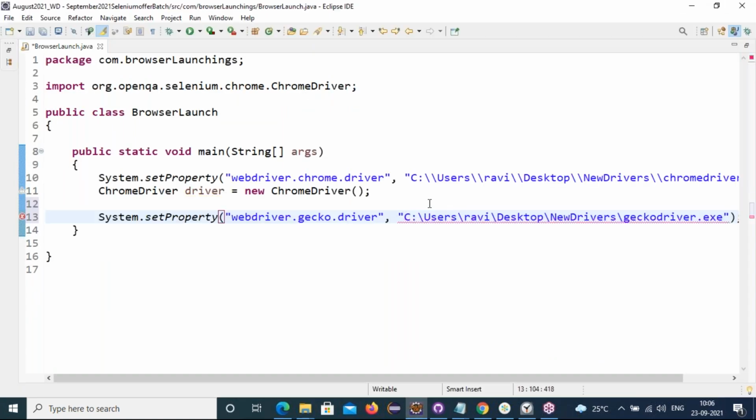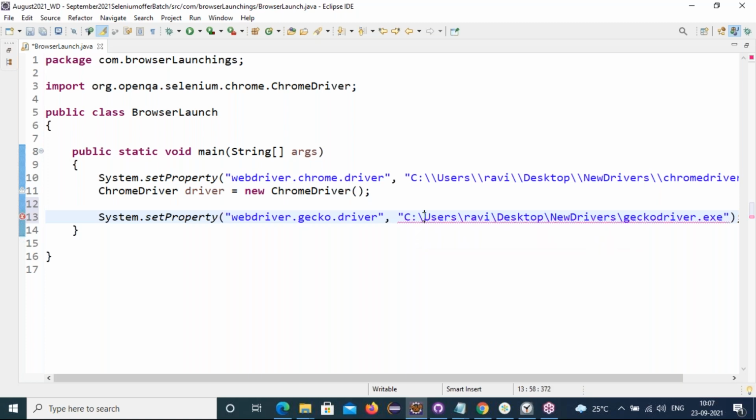Provide it here. Friends, we're getting an error. What to do here now? There is an alternative way also. Tell me, friends, is this a forward slash or backward slash?